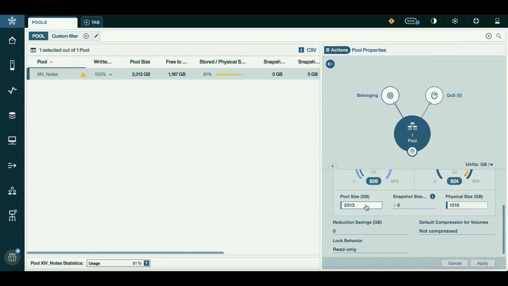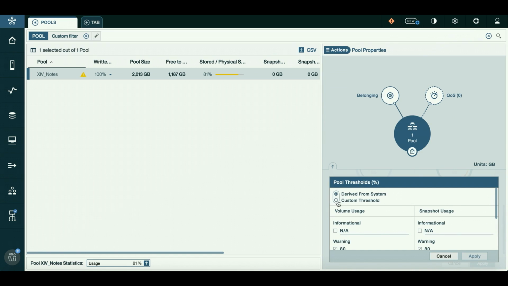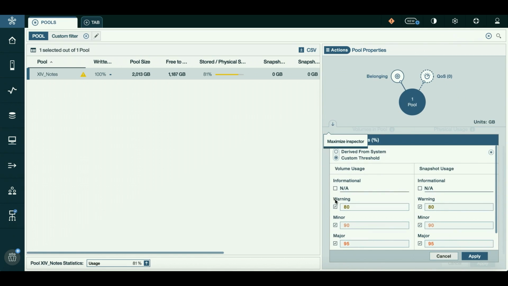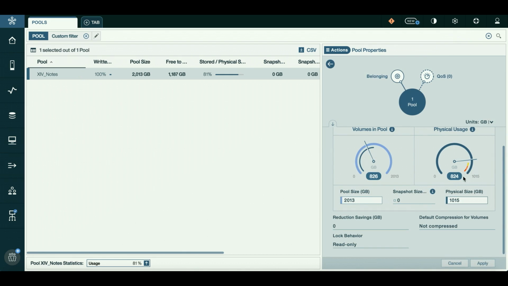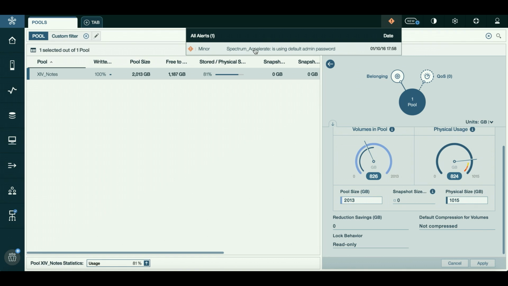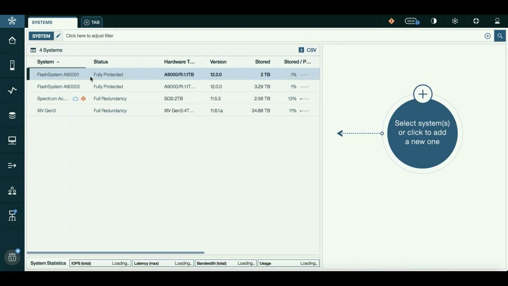Can I change this? Absolutely. I can click under Actions, or I can click inside the actual particular pool size. As you can see, I'm going to just change the threshold now. So I can change that custom threshold. As you can see, I now have the star. I've changed it to 85. I've clicked Apply. Notice what immediately happens. I have moved back the needle on that gauge so that it actually does not have that as an alert anymore. Again, by adjusting the thresholds to my business units, I've been able to tailor the HSM to my business